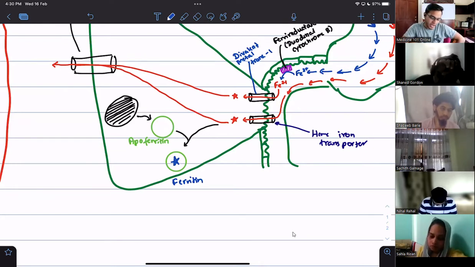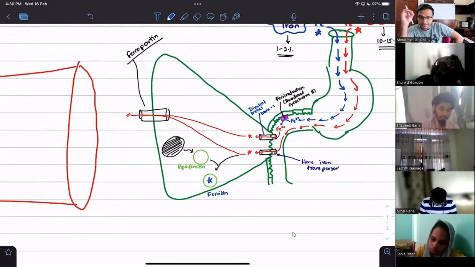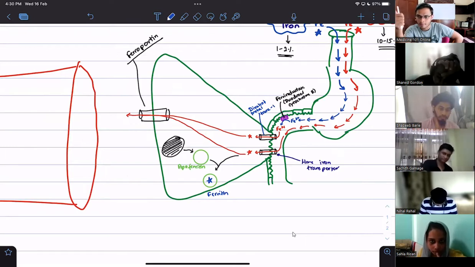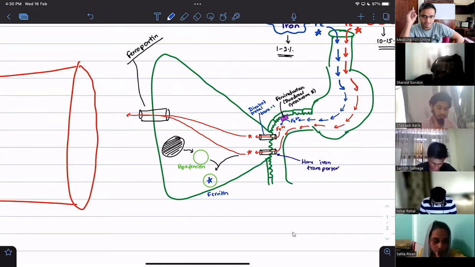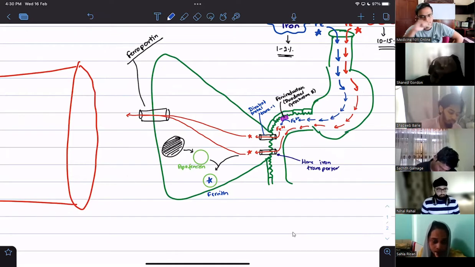Right. So now in this ferritin, what did we say are the two storage forms of iron? Ferritin and hemosiderin. So this is one of them, ferritin. Because the duodenal mucosal cell got the signal to not load more and more iron into the circulation, it did this storage function, and a little bit of ferritin is stored here. Now tell me this.